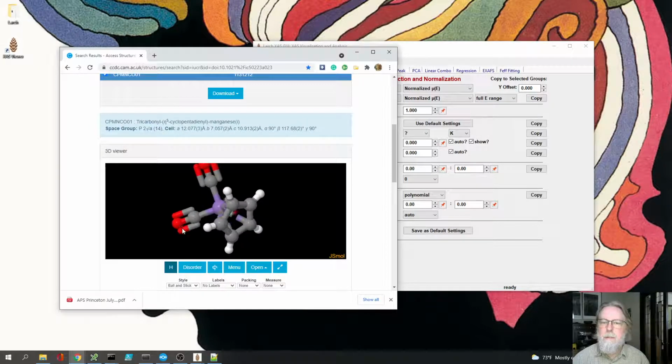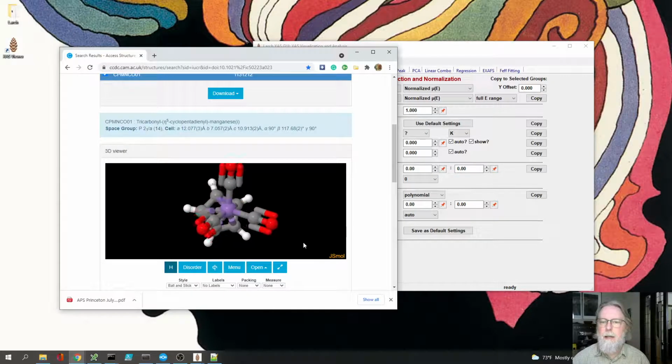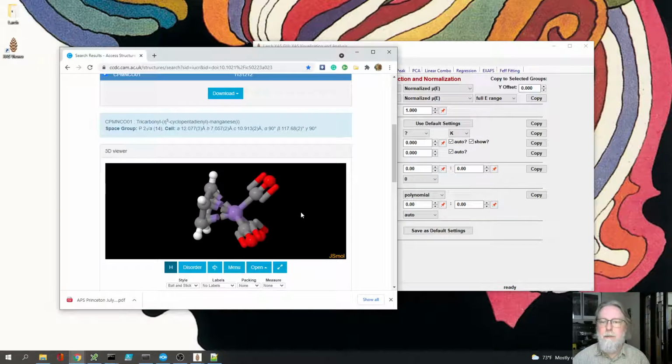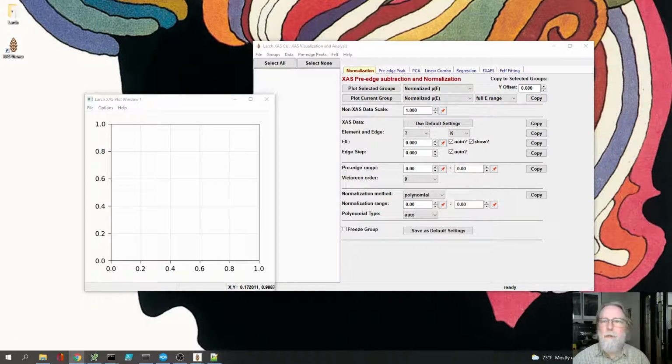And one of the things you'll notice is that because of this carbonyl, we have these straight lines of bonds from the manganese to the carbon with the oxygen in nearly a perfectly straight line with the carbon, so that the photoelectrons can scatter from the carbon or from the oxygen or go through both in multiple scatter in the forward direction. And that is highly favored and gives a strong amplitude. And that will interfere with getting a good XAFS spectra for this data set, and probably for any structure with carbonyl in it. So I'll leave that aside, and we'll go in and read the data that I have for